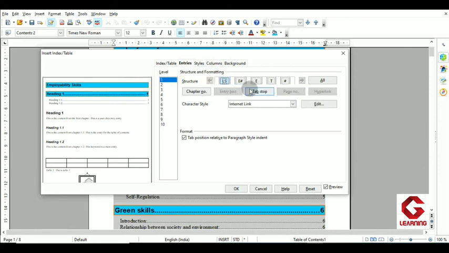Now I want to add the LE tab after this E tab. For that I have to click on the white space available on the right side of the E tab. So I have clicked here, and then I am again going to click on hyperlink. You can see that now LE, that is link end, appears after the E tab, and thereafter I am going to click on OK.